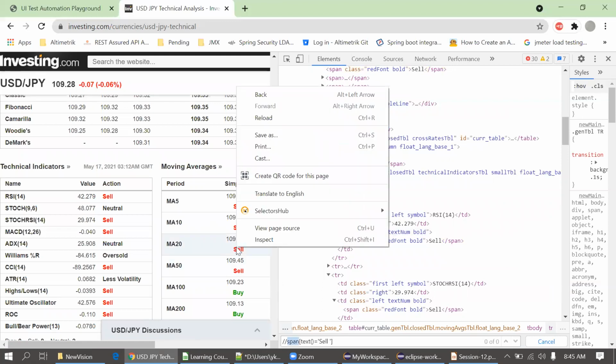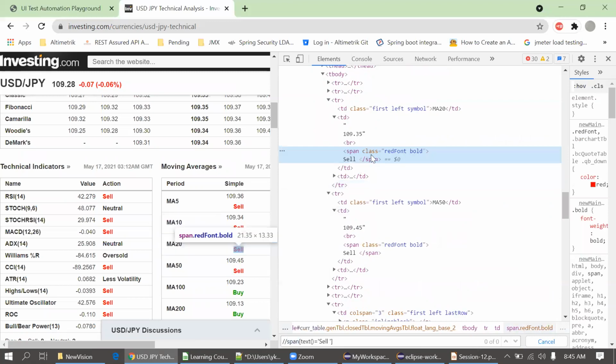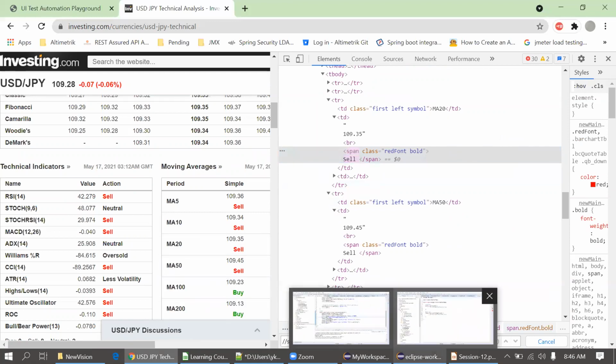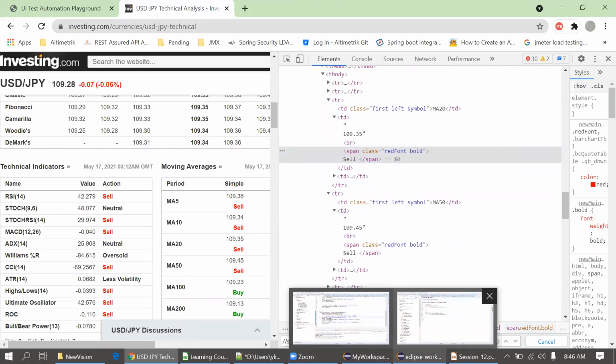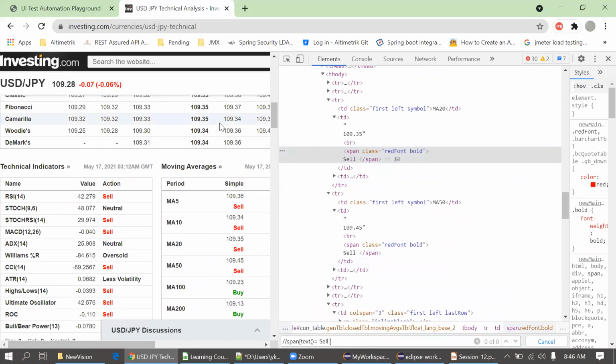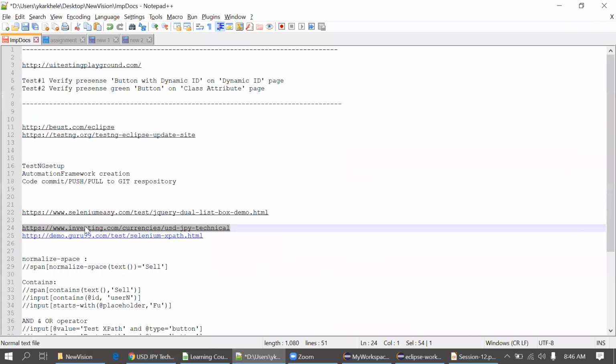We'll just locate it one more time. We'll just copy this from here because it contains a space at the start as well. Okay, fine. I'll just put the space here at the start. Why is it not locating? I'll just paste it. It should locate with the space, but it's not locating. So now I'll use the normalized space here. So it should locate.